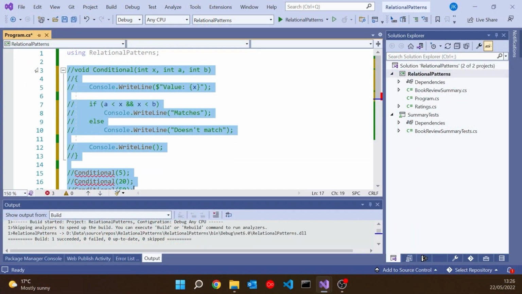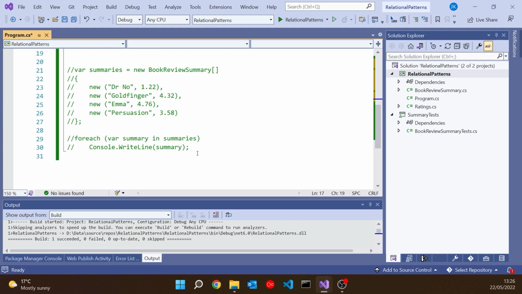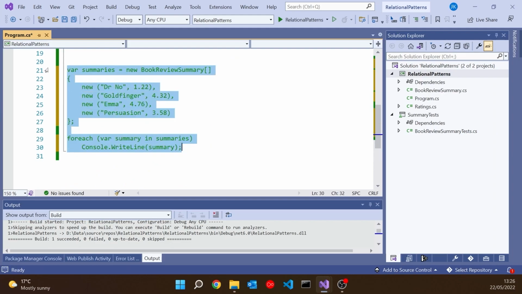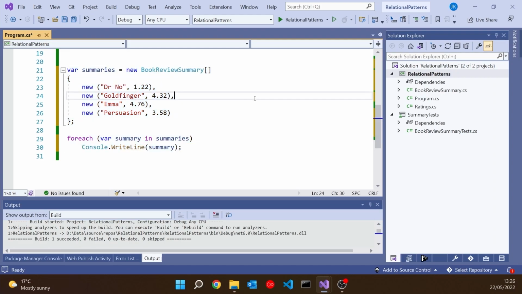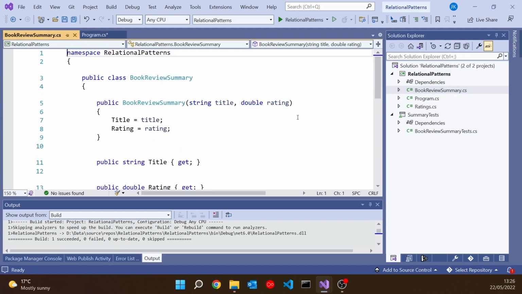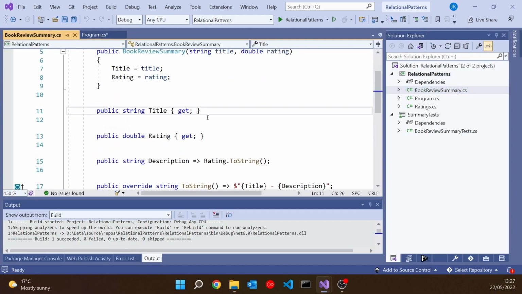Now let's take a look at a slightly more interesting example of that. So I will comment all of that out and then uncomment what we've got down here, because what I've got here is another look at the book reviews that we've seen in various videos I've been doing, just by way of an example. So we've got this idea of a book review which has a title and a rating, and remember, individual books can have a rating 1, 2, 3, 4 or 5, so it's got to be an exact number. But once you accumulate a load of ratings, you're going to get decimal points in there when you've done the averaging, and so that rating can be a double.